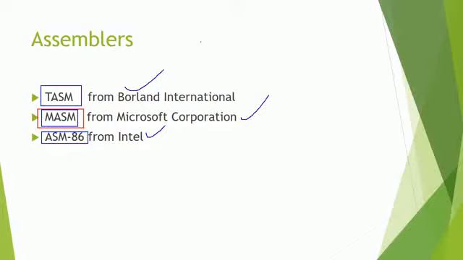MASM is nothing but a macro assembler. This tool is developed by the Microsoft Corporation. So whatever programs are there in our 8086 microprocessor textbook, the reference copy for this one, the author is Mathivanan, the textbook which is there in your PDF document. Okay, na? Which is there in your PDF document.